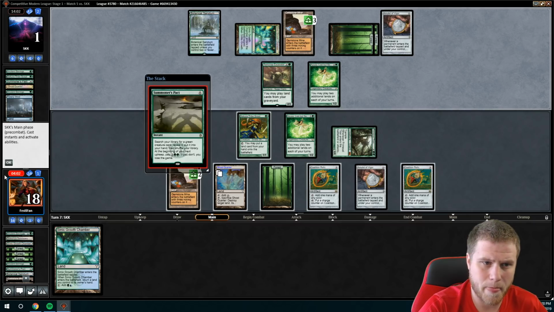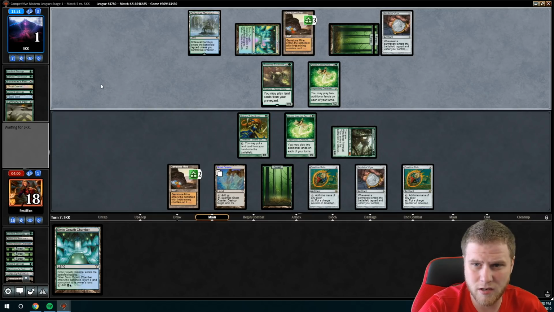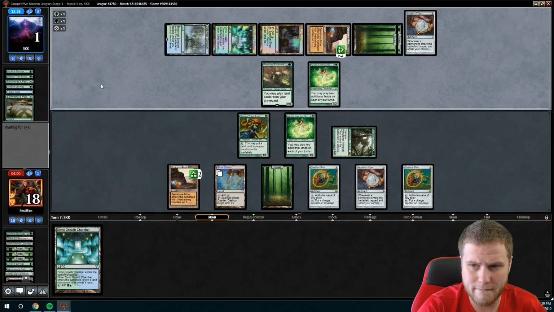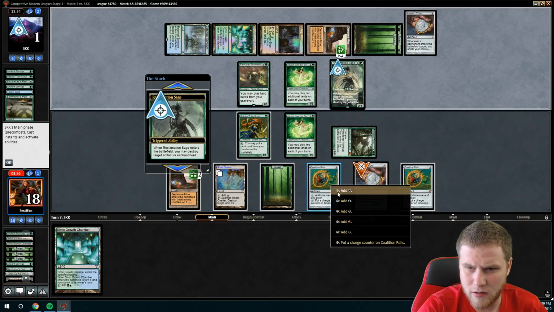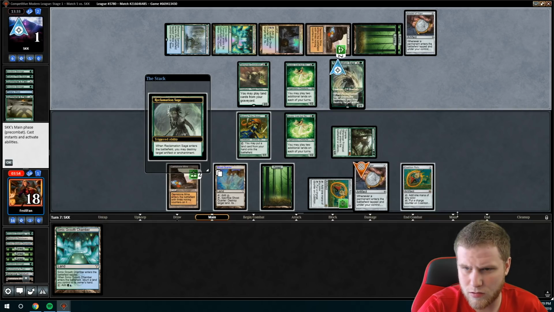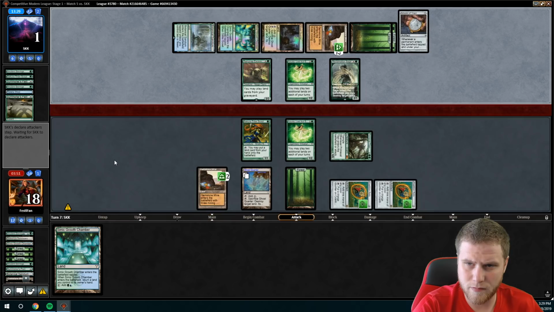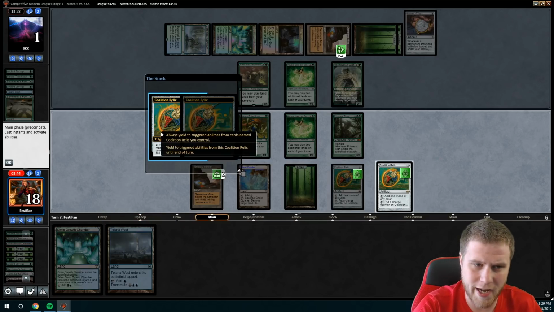Summoner's Pact. Yep. Guess they can get another creature and hope we don't attack with the rest. Rex Sage. Yep, that's not enough. That's not enough. Yep. Yep. Now we just attack with everything, right? Because this has to be blocked by all the creatures. Yep, okay, we got it. We got it. We're not even going to mess around with